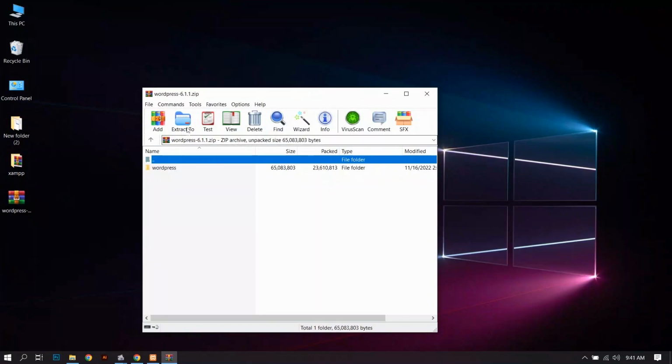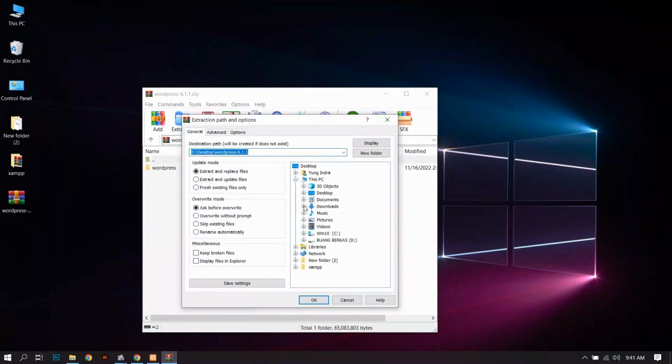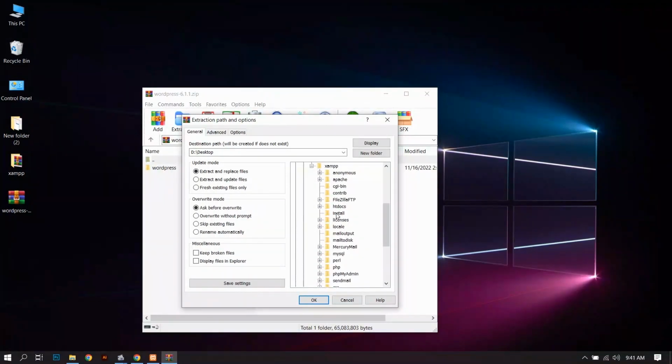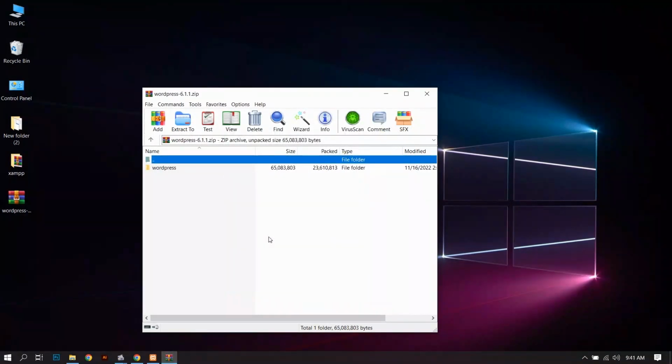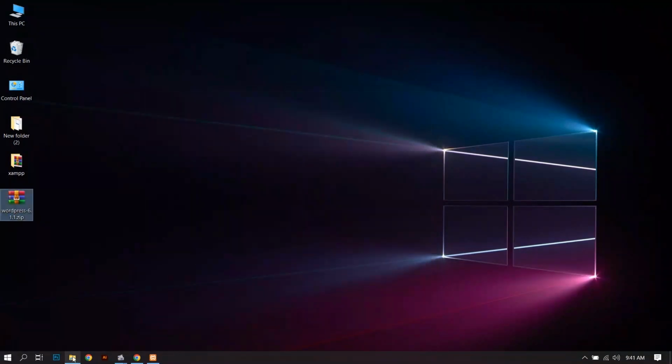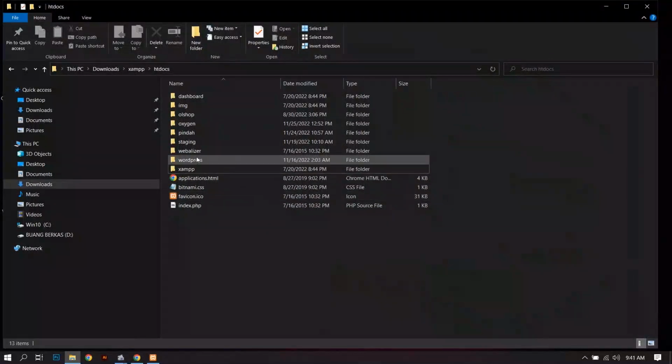Extract the zip file to the htdocs folder in the XAMPP folder. Open the htdocs folder. You can rename the WordPress folder to your website or project name. Here I will rename it to myweb.